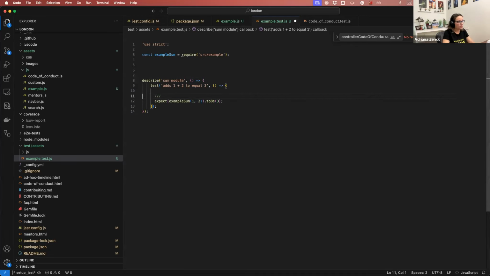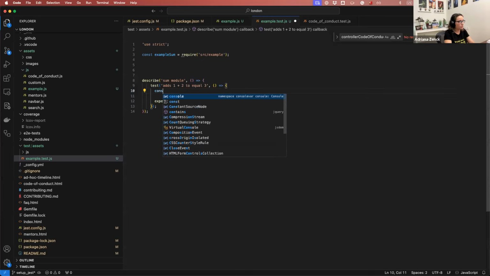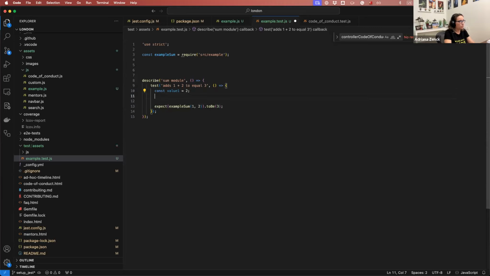The example that we have, for example: const value1 will be 2. Then we have const value2, which will be 5. And then you could, of course, do const result, and this result will be the sum of value1 and value2. And expect the result to be 2 plus 5, which is 7. That's following the approach where you give the definition of what you want to do,